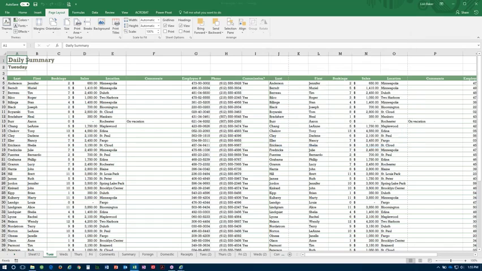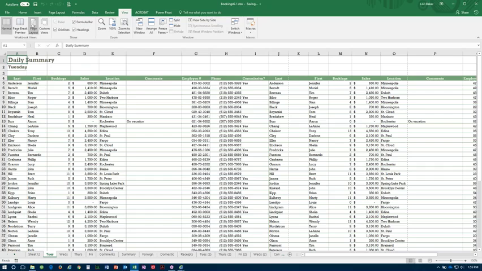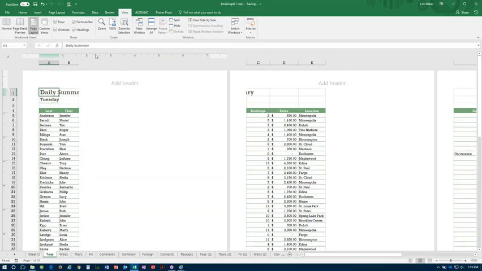So that's the other way that you can get to it. And we're going to go into page setup. We're going to go ahead and go into our view and our page layout, and this will bring me up to my header. So I'm going to click inside the header, and I could probably copy and paste this